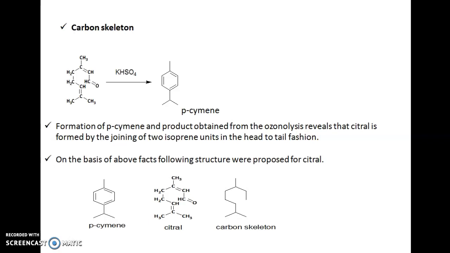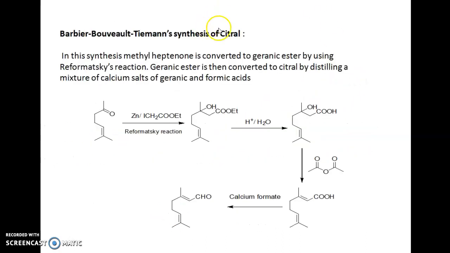So on the basis of the above facts, the structure proposed for citral can be like this. So this is p-cymene, this is the structure of citral, and this is the carbon skeleton which is given here. And finally, the structure can be proved by this